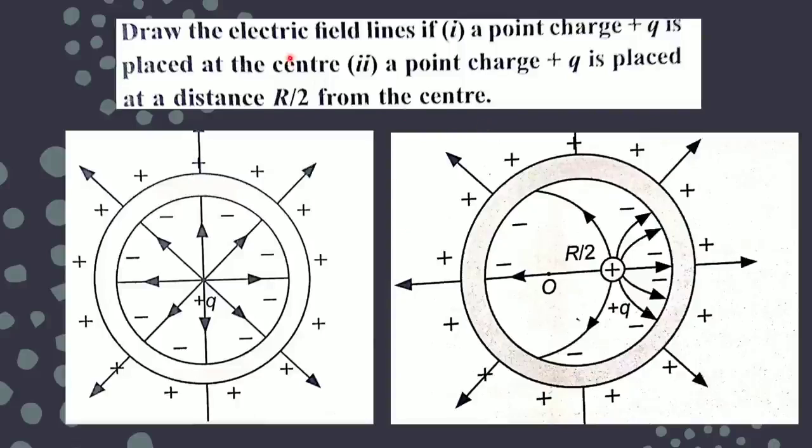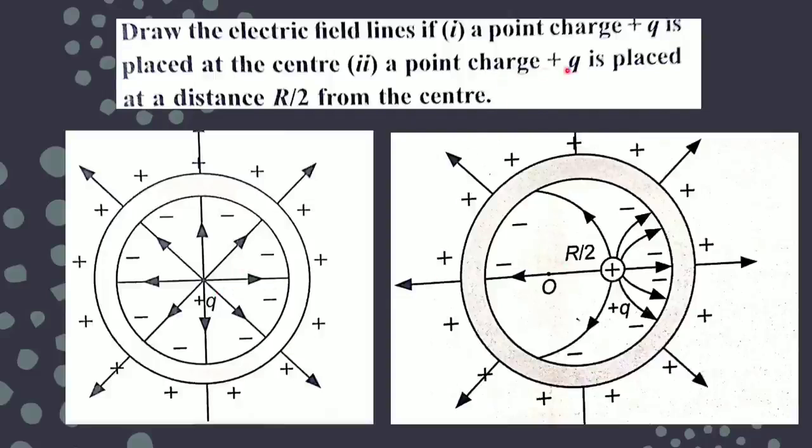This is again one more question with you, to draw the electric field lines. Electric field lines are simply depicting the electric field. And if I take the point charge, this we have already done a number of times, the field is moving outside. But if I have an inner sphere here, then because of induction there will be a negative charge on the inner surface, but there will be no field inside. So field always lies outside, but because here it is negative and here it is positive, you may show the field lines like this moving out.